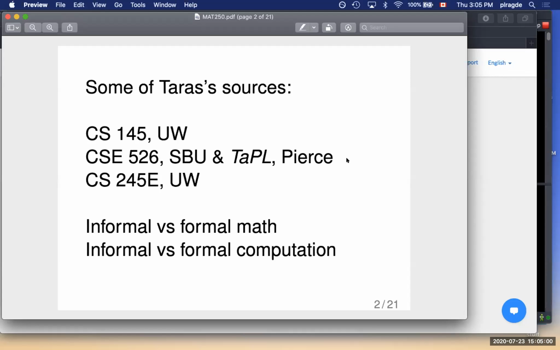And both of those courses use the same textbook. It's kind of a standard textbook for this work. It's called Types in Programming Languages by Benjamin Pierce, who's at the University of Pennsylvania. A very good book. And from that book are things that you have seen, for example, the if expressions,